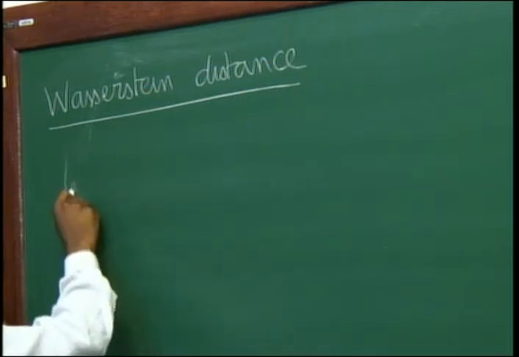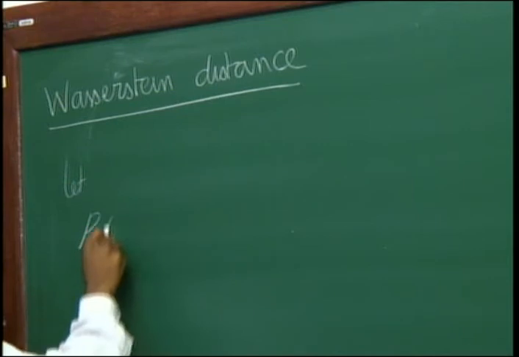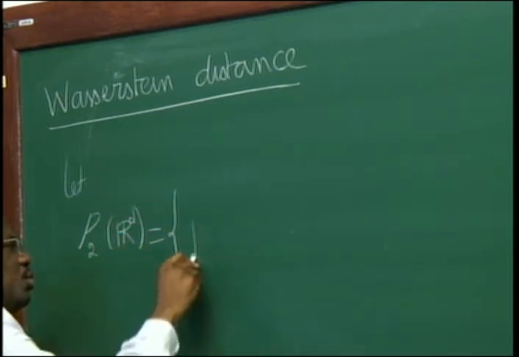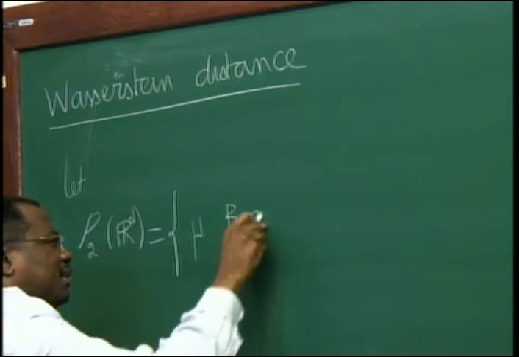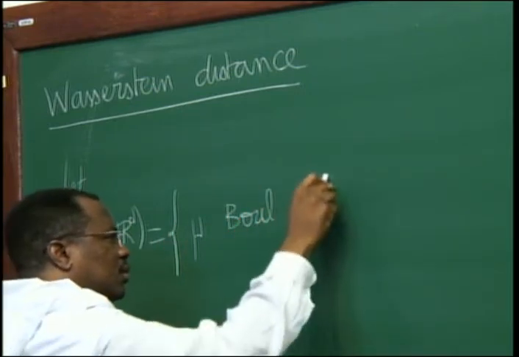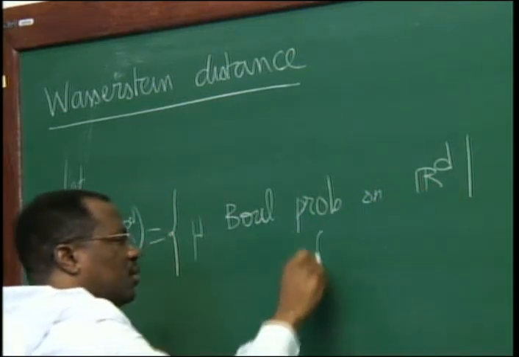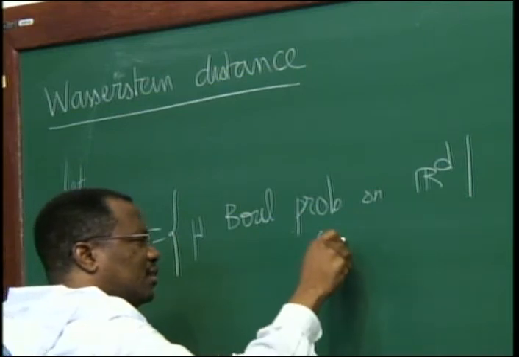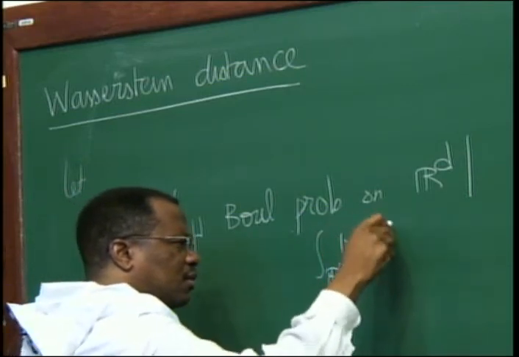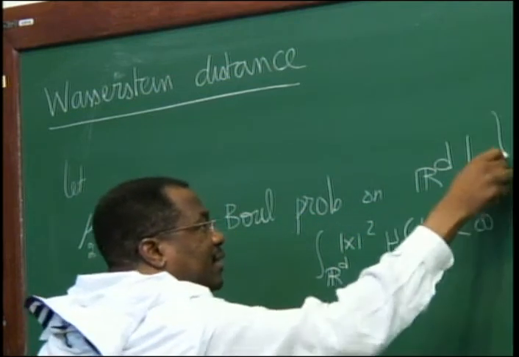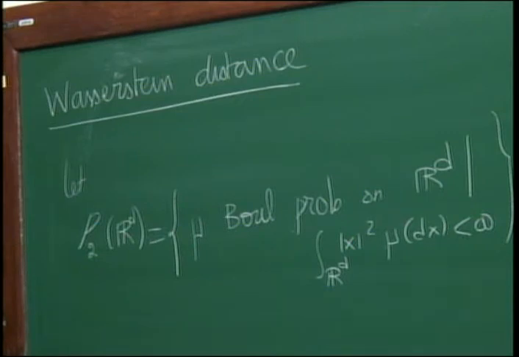So let P2(R^d) be the set of Borel probability measures mu on R^d such that the second moment of mu is finite. And recall that